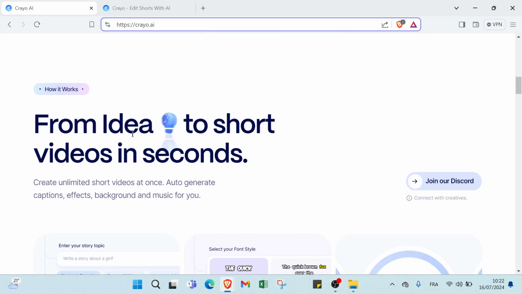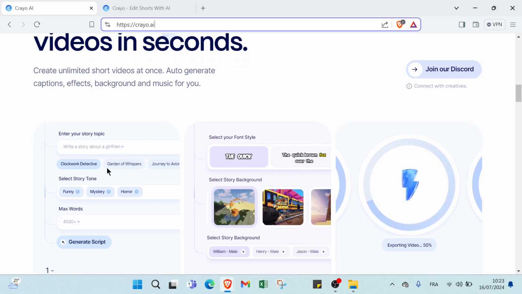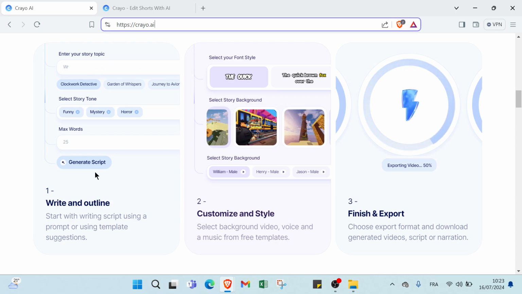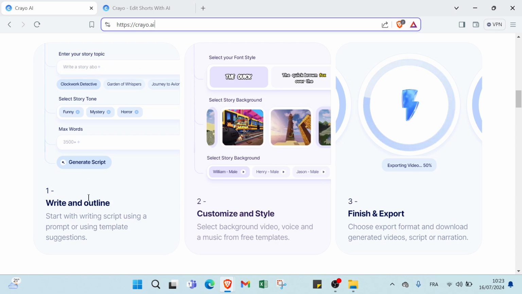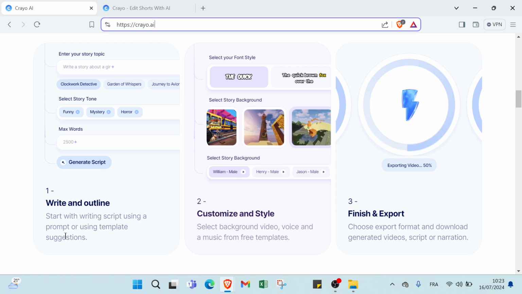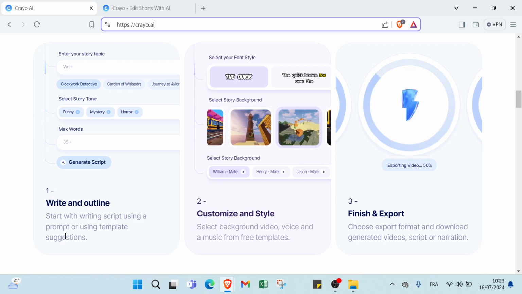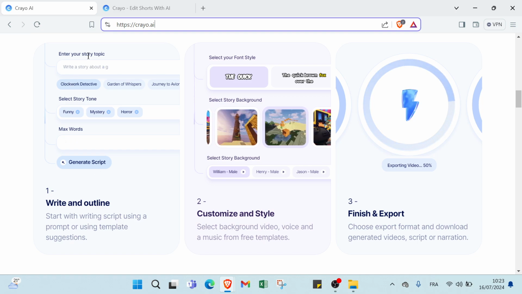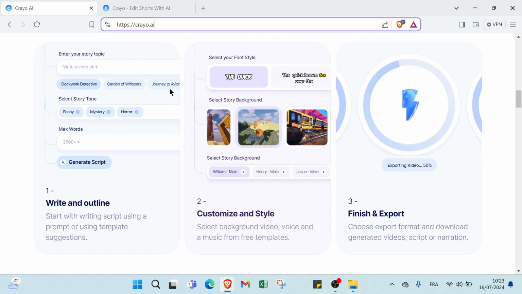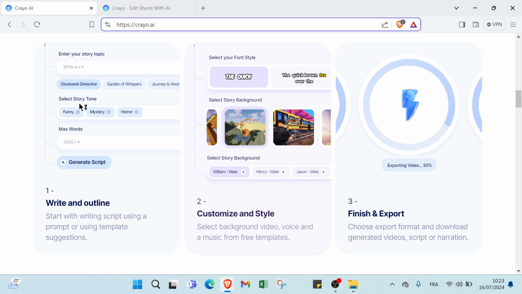Then we have from idea to short video in seconds. We have here the same thing, create unlimited short videos, auto generate captions, effects, background, and music for you. Here we have 3 steps. It's very important to know it. First step, we have writing outline. Start with writing scripts using a prompt or using template suggestions. Here first, you select your story topic, clockwork detective, garden of whispers, journey to a fire, then select